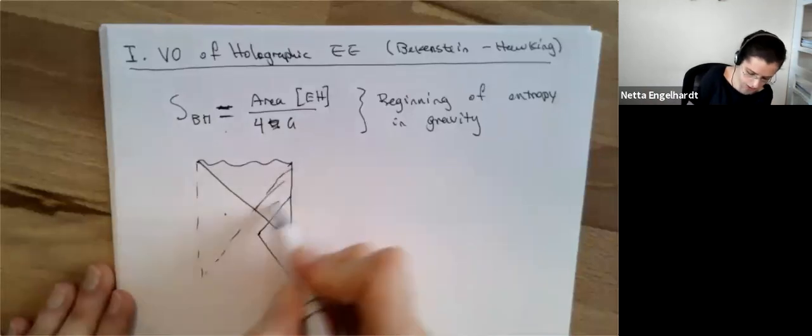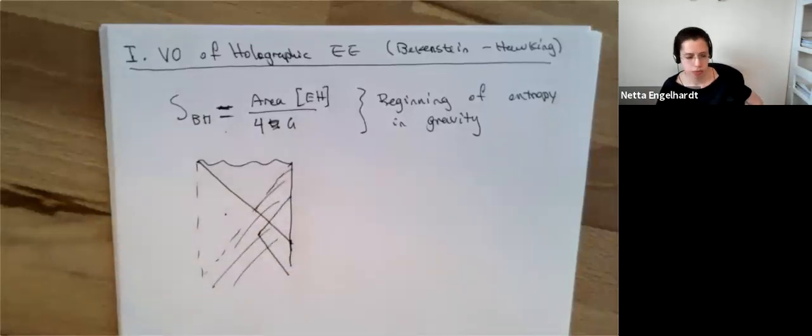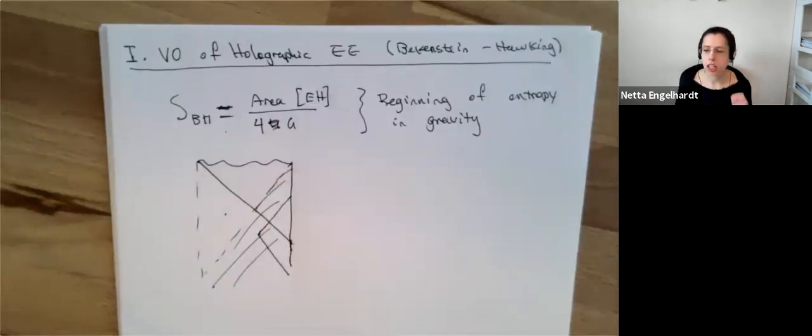So this is the causal wedge. And so you say, well, the area of the event horizon, that sounds like causal wedge related. That sounds like assigning an information theoretic quantity to the causal wedge. And you just told us that we don't know how to do that. So, you know, what happened? Did they already solve this problem in the 70s and you're just lying to us? And the answer is no. I'm not lying to you. This is a very special case where the causal and entanglement wedges coincide.